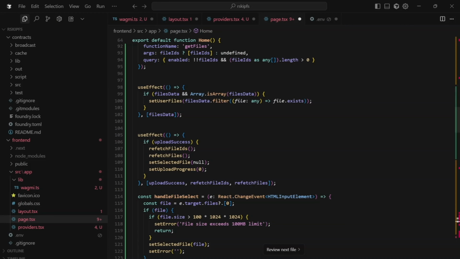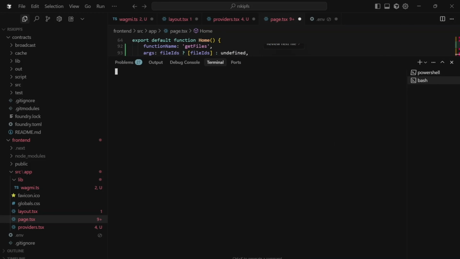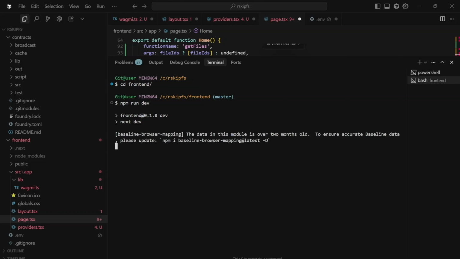Now we'll open Git Bash in our terminal. Now we'll give the command cd frontend, and now we'll go on exporting our private key. So we'll give the command export PRIVATE_KEY, and here you just have to enter your private key. As it is confidential, I won't enter my private key here. And now I'll give the command npm run dev. So now it will provide us the link. Okay, so here we can see in local, the localhost 3000. So once we click the link,